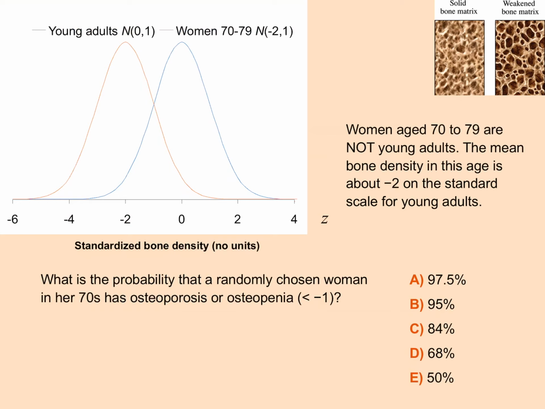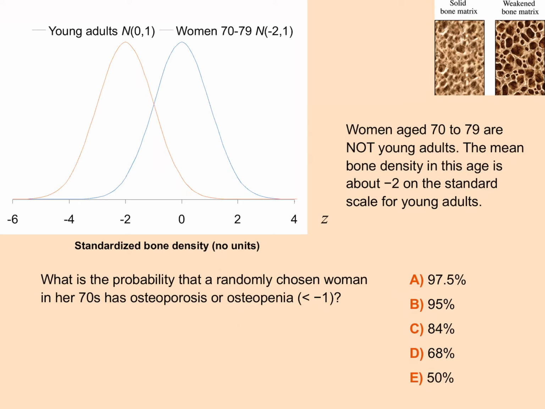All right. So here on the top left, you have now two curves. We have a blue curve, which is the young adult mean I just showed you for osteoporosis, osteopenia, centered on 0. But now we have a new curve, the curve in red. This red curve is for women aged 70 to 79, all right? So on the right,